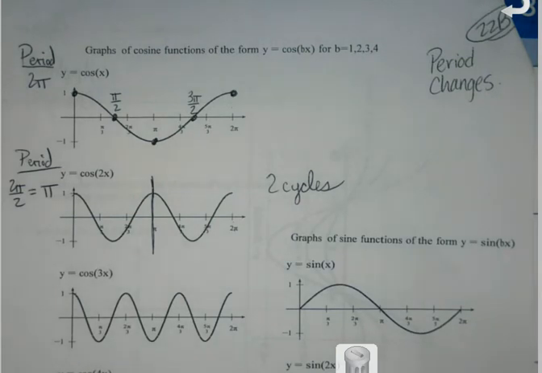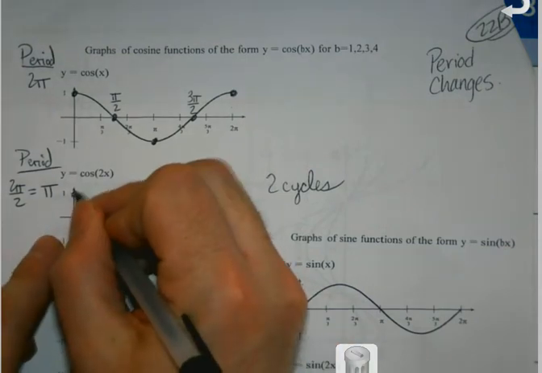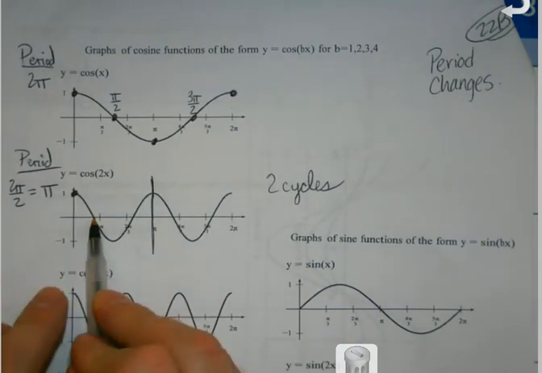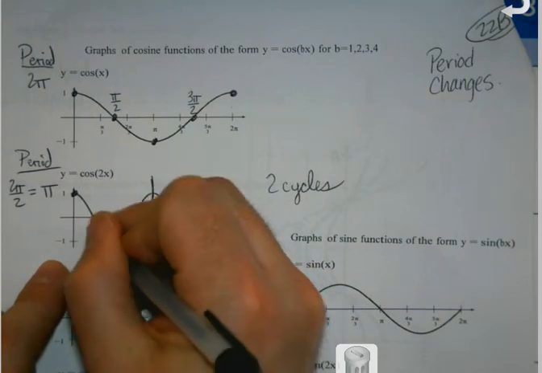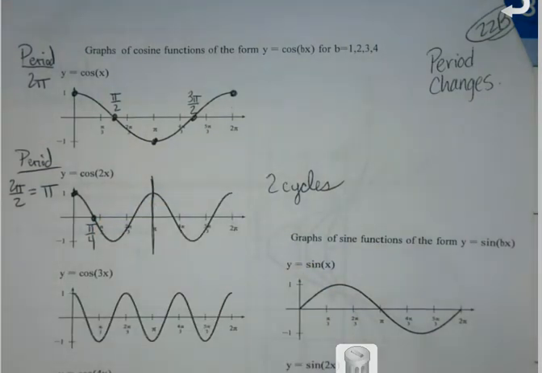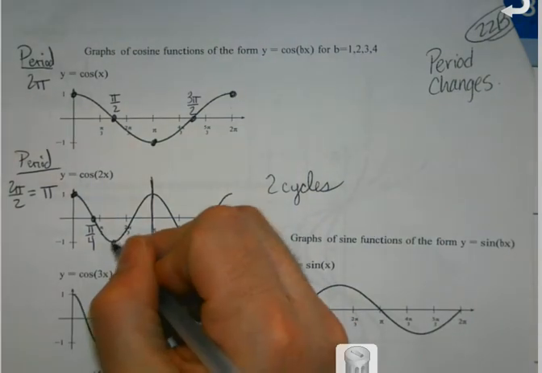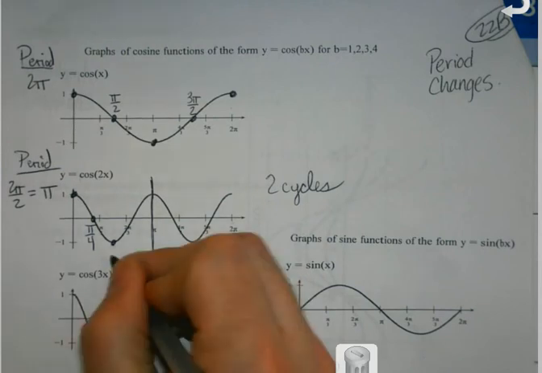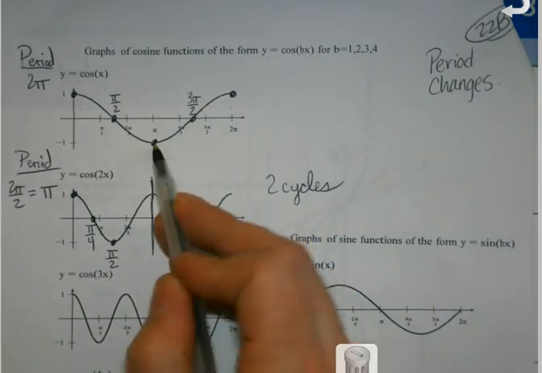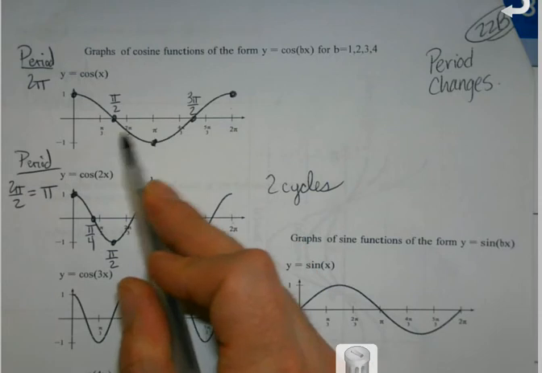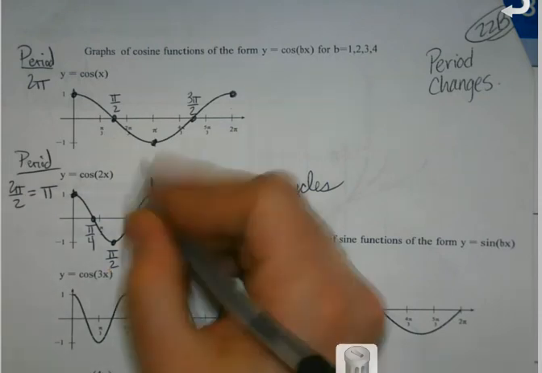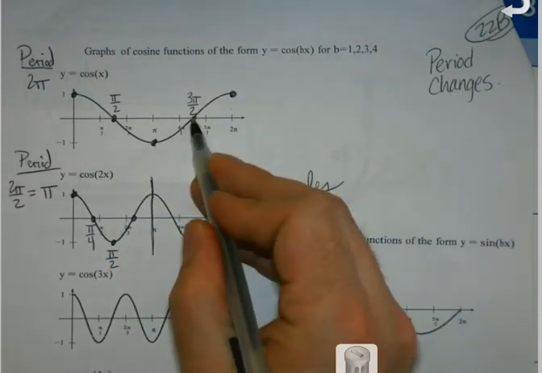Because what happens is, all of those values that I had on the first one, where my main values were, are all being cut in half. So for instance, we still start at 0, 1, but where it comes across here, at this spot right here, now it's at pi over 4. It's at half the value. When I get down here to the bottom, that's now where my pi over 2 is, because my second dot was at pi, but I cut it in half. 3 pi over 2, if you cut it in half,